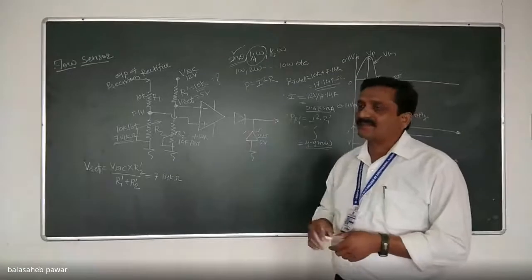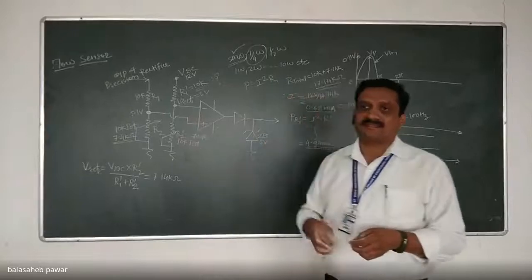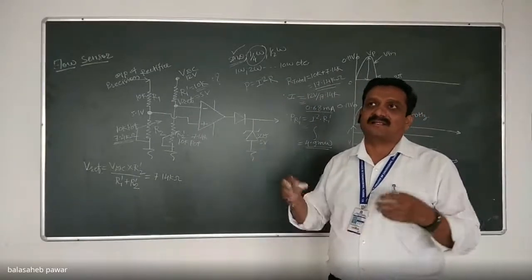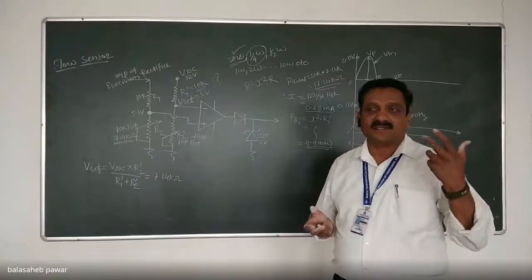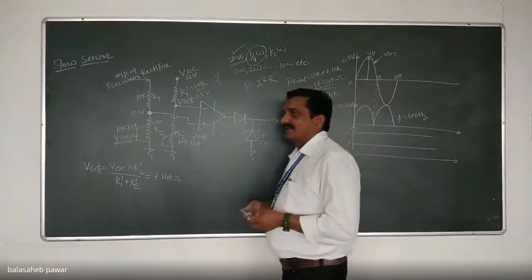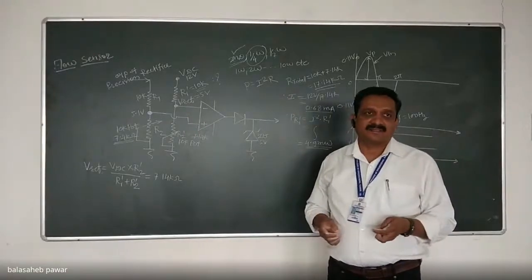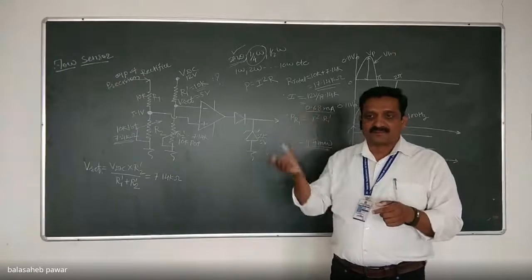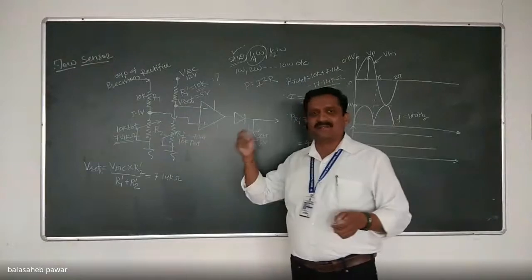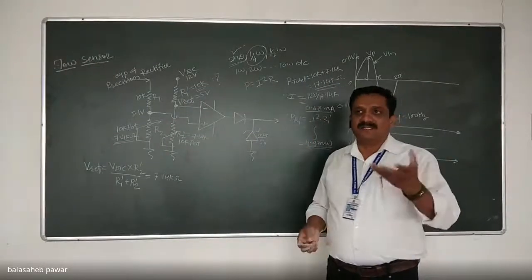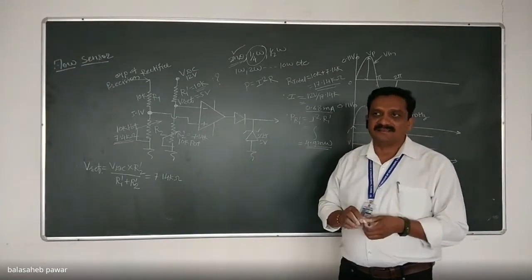But in our design, first of all, we have to finalize how much will be the power drop across that variable resistor. If it is somewhat greater than 200 milliwatt, then we have to go for the quarter watt potentiometers. If it is somewhat more than 500 milliwatt, then we have to go for the 1 watt potentiometer, right? Using wire, we have to mount it on the PCB. But if the power handling requirement is very, very small, almost 50 milliwatt or somewhat less than that, then we can simply go for a preset. Is it?